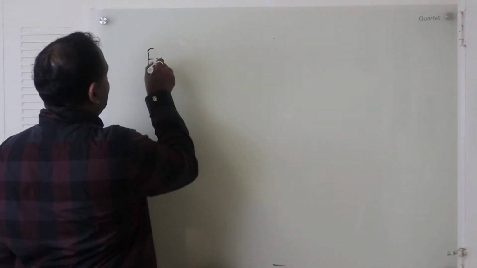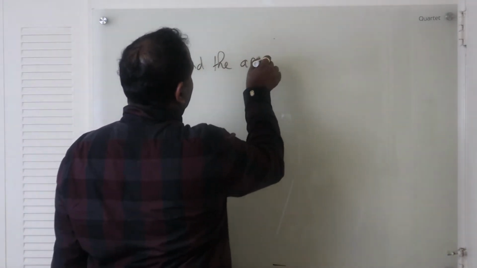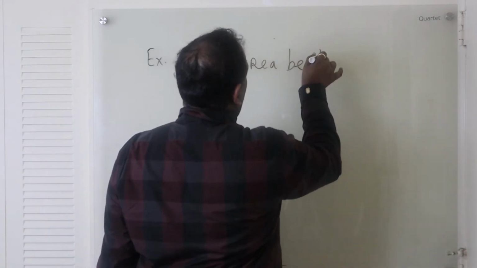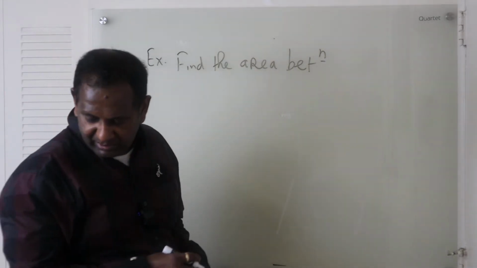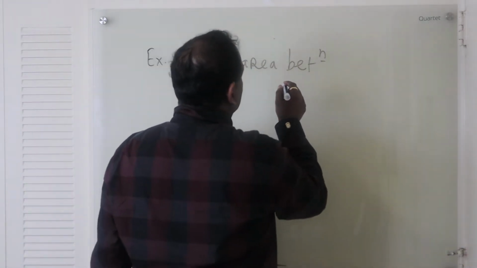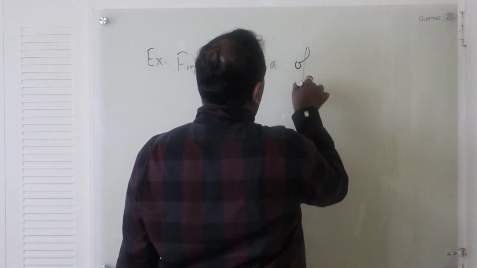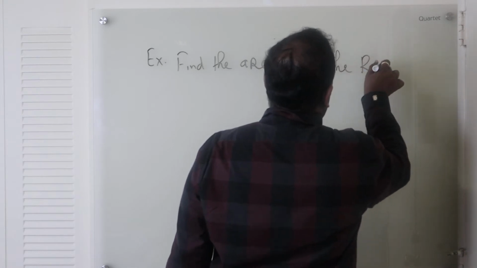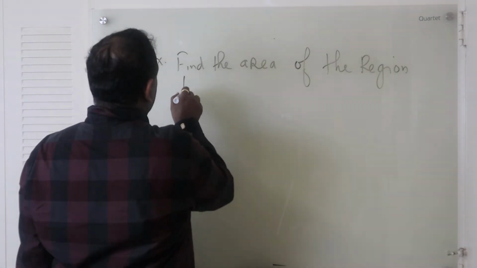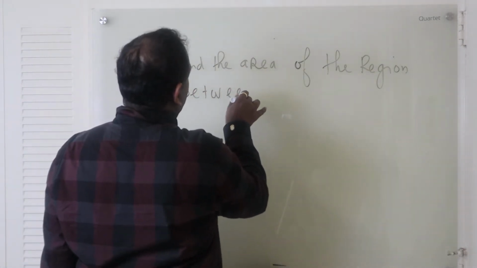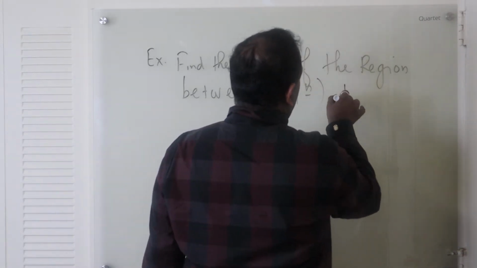Example. Find the area between, this is how I'm going to write between, you are now familiarized with my abbreviations, between. Area of the region between the graphs of